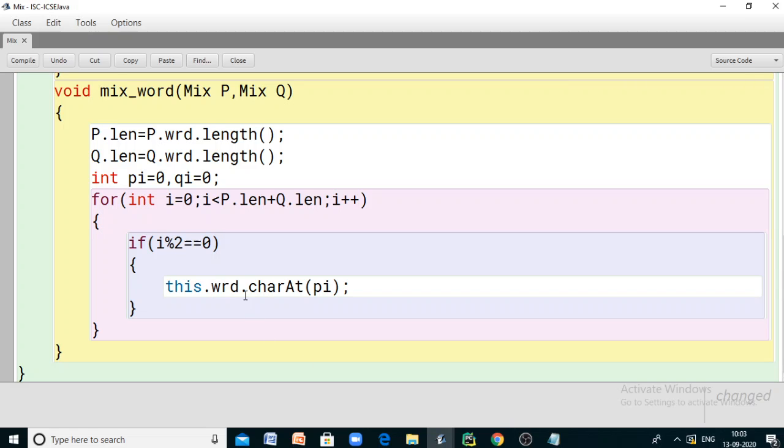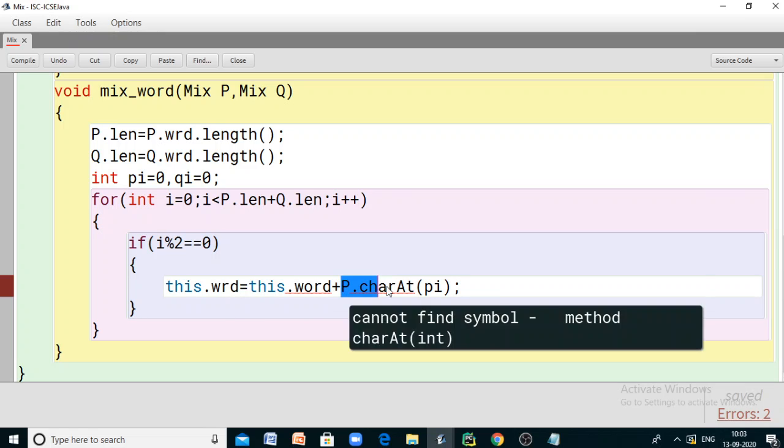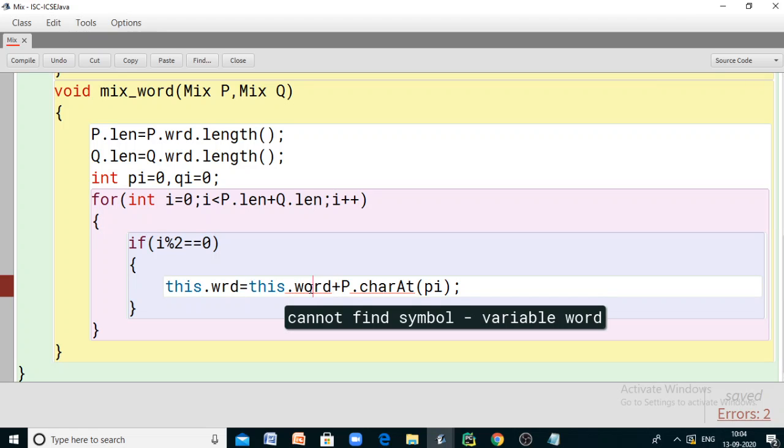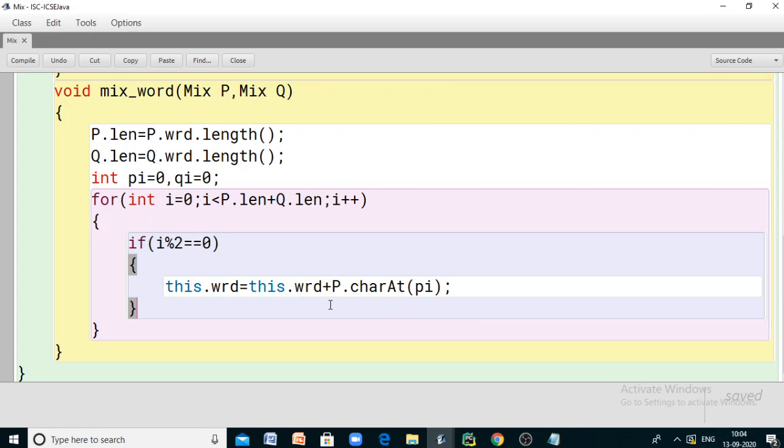So this dot word equals this dot word plus p dot word dot charAt of pi. So take a particular character from the current word, the first word, and add it to the word member of this, the word member of the current object.